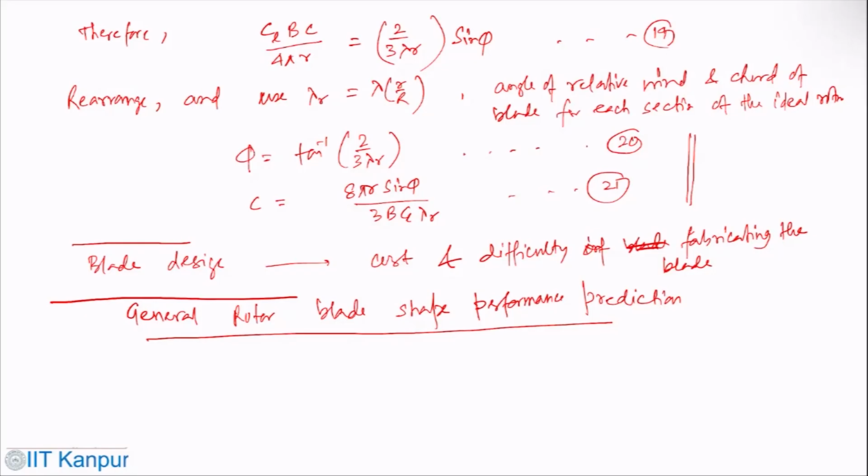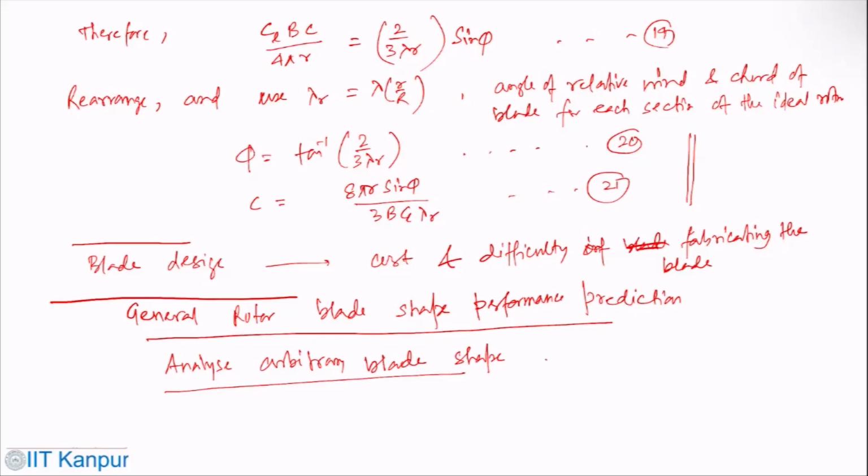So considering non-optimum blades, one generally uses an iterative approach. One can essentially assume a blade shape and predict its performance, then try another blade shape. So this is your iterative process. For blade shape, an ideal rotor without wake rotation has been considered. Now what we are going to do here is analyze an arbitrary blade shape.